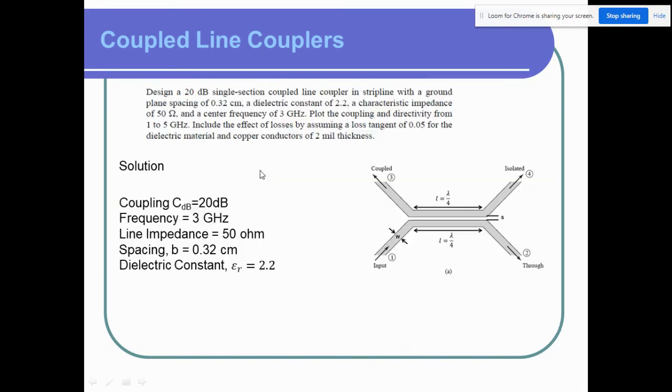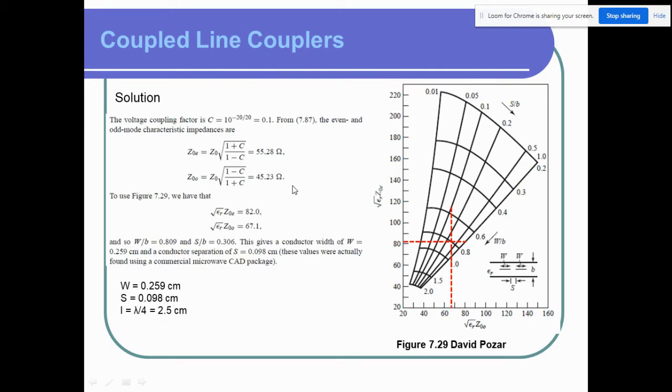So since it's 20 here, we put 20 here, divided by 20 means minus 1. 20 to the power minus 1 means the C is equal to 0.1. So this is our voltage coupling factor. Now with this voltage coupling factor from